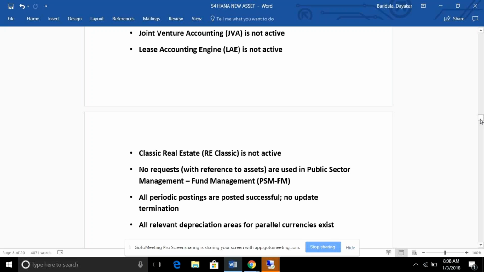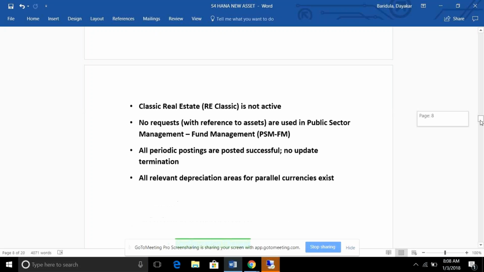Joint venture accounting, lease accounting, and classic real estate management should not be active, and there should not be any open request from the funds management, and all periodic postings should be posted successfully. There should not be any termination, and all the relevant depreciation areas for parallel currencies.